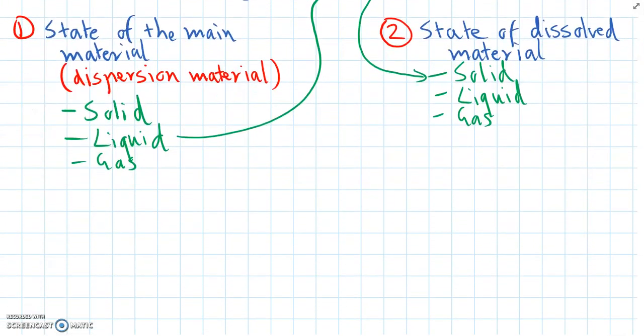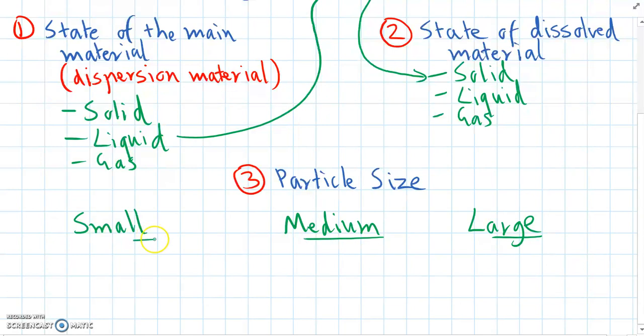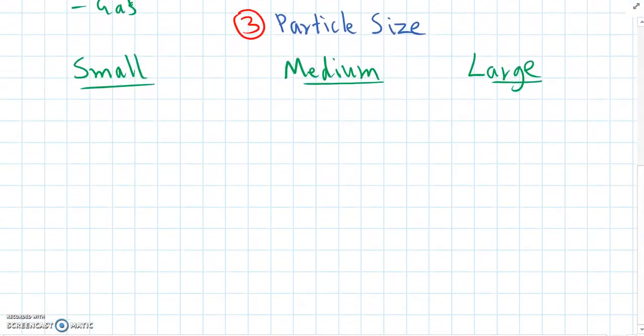But the third question we need to ask is, how big are the particles that are dissolved? Particle size. And there are 3 different categories we use for particle size. We look if they're small, medium, or large. So small particles,